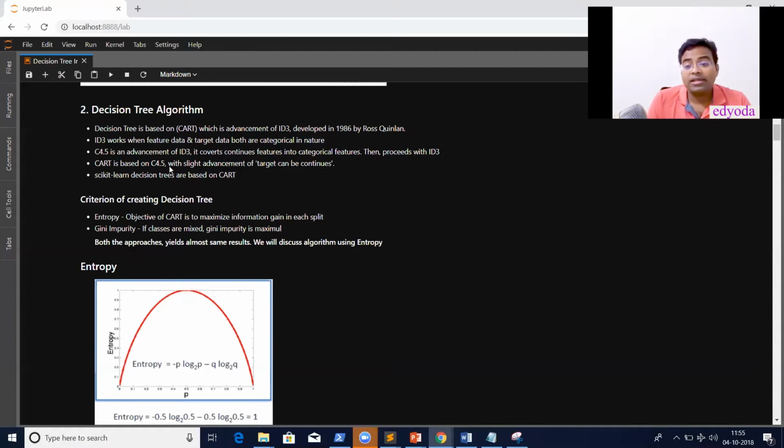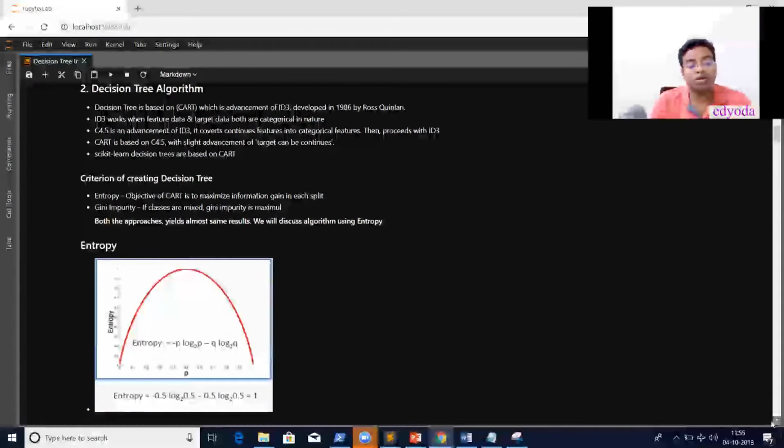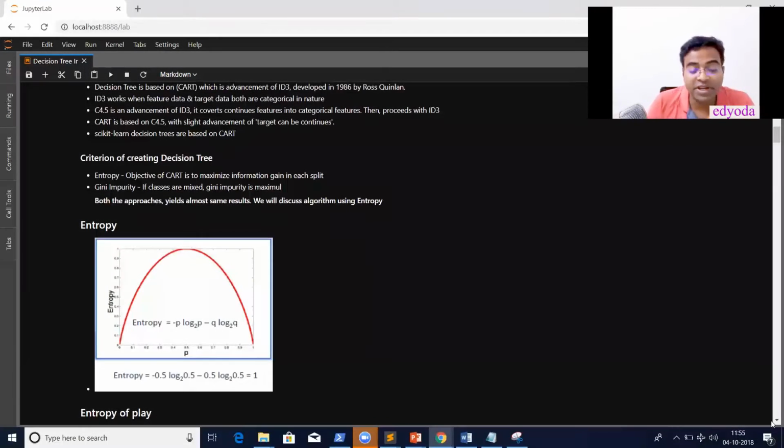Here the whole point is what question should be asked, rather what the node value should be. In the above case, what should be the order? We could have started with wind, strong or weak, then outlook. So what should be the questions, and what should be the order? How does the decision tree figure that out? It tries to ask a question so